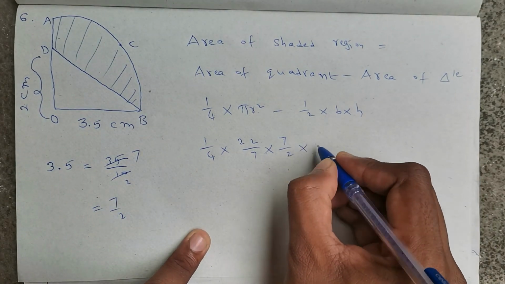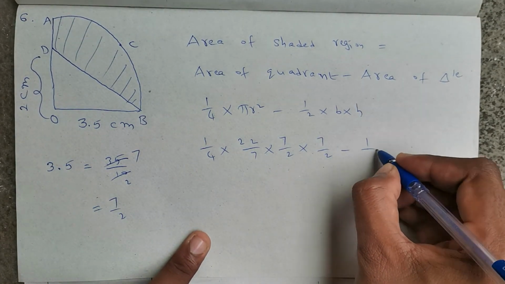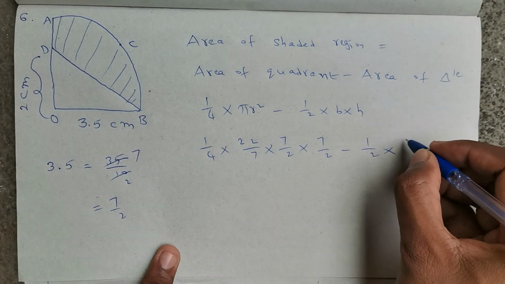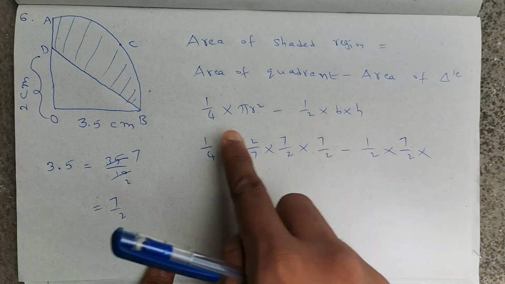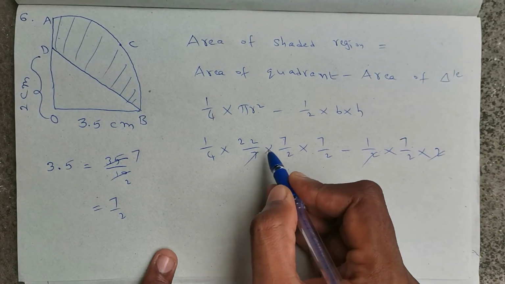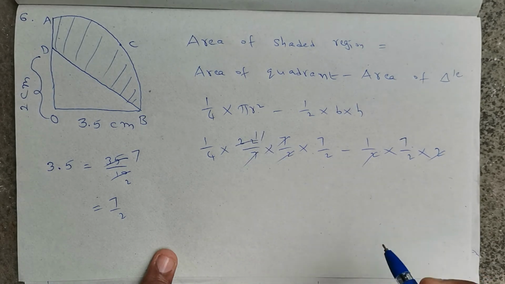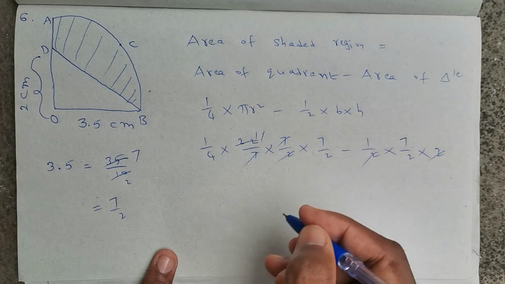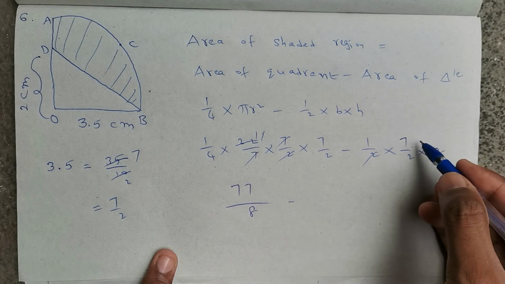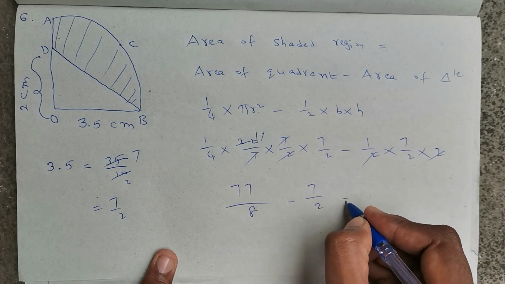So 7 by 2 into 7 by 2, minus half into the base of the triangle, which is 3.5, again that is 7 by 2, into the height of the triangle, which is 2. Here 2 will get cancelled. 7 cancel, 2 ones are 2, 11s are 11. So we remain with 11 into 7, 77 by 4 into 2, 8, minus 7 by 2, which is equal